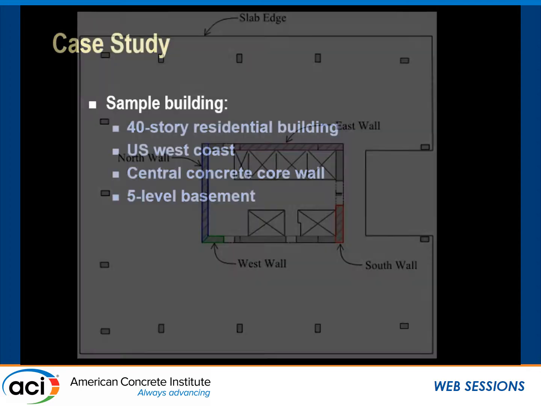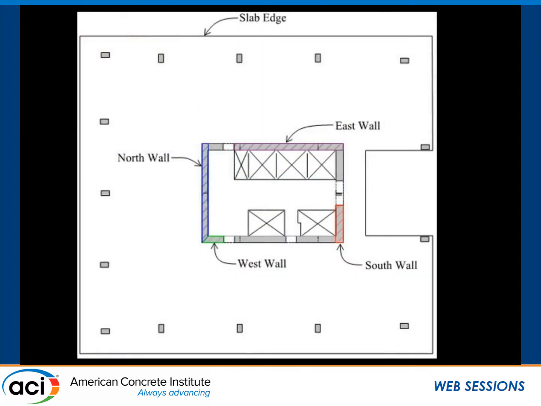This is a floor plan of it. In this case, north is to the left. I highlighted 4 walls here that I'll study in a little more detail on the next slides. We're looking at a north wall and an east wall, both of which are pretty long shear piers, and then the west wall and the south wall, which are a little bit shorter. As I mentioned, it's a residential building with a 7.5-inch concrete PT slab, surrounded by exterior perimeter columns.